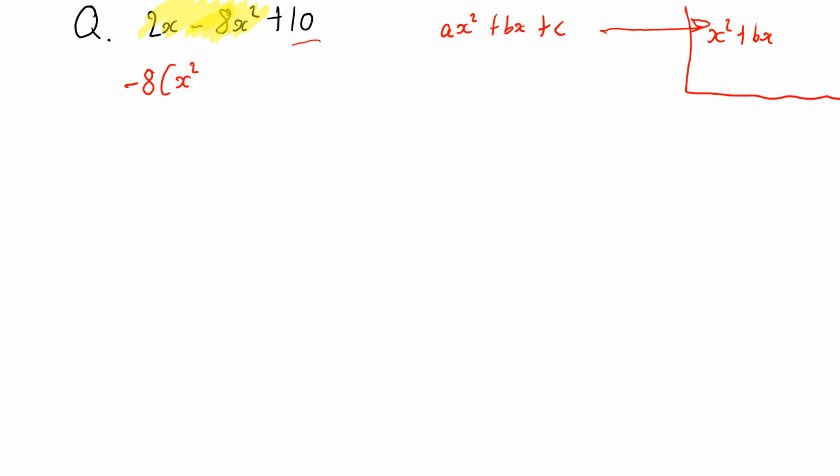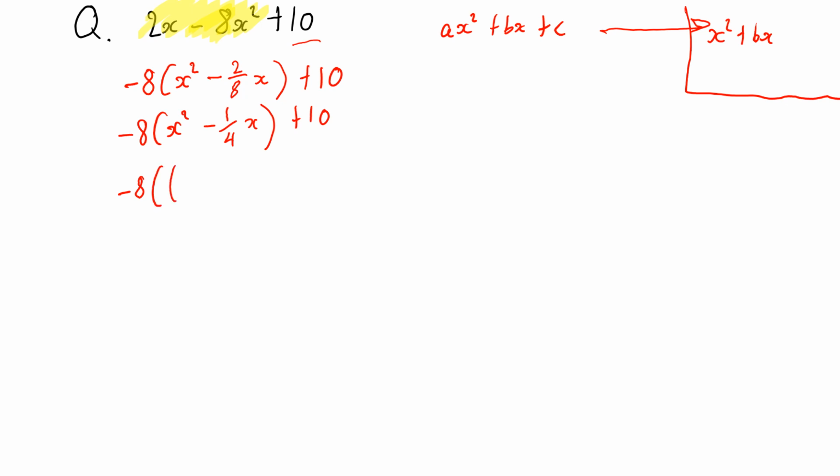I'm going to take a factor of that -8 out of everything which I've shaded in yellow. So I'm going to divide this 2 by -8. That will get me negative 2 over 8x, close bracket, plus 10. Now, I'm just going to rewrite it, and I'm going to simplify that fraction to get me a quarter x. Now, whenever you complete the square, and I'm going to remember to keep that -8 out there, I need to